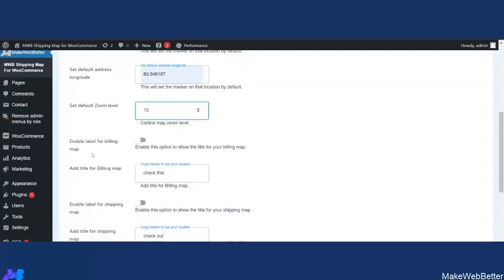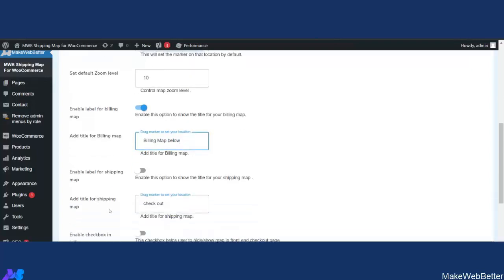Next field we will see is enable label for billing map. If you want to add a title for the billing map, you can enable it from here, and here you can write the title. I have written the title as billing map below, and the same goes for the shipping map.